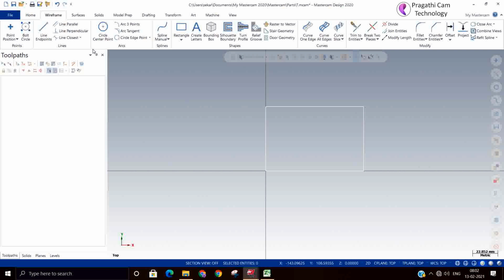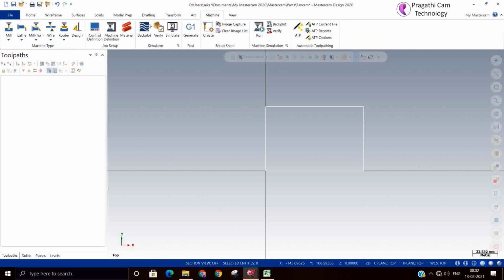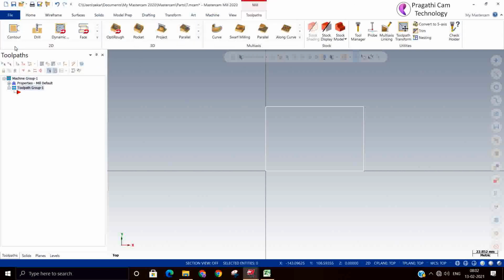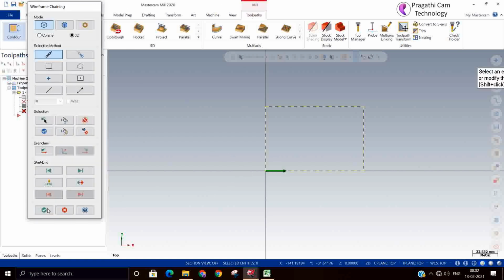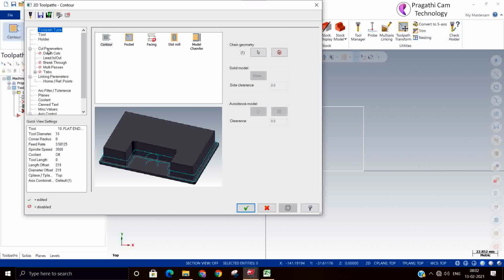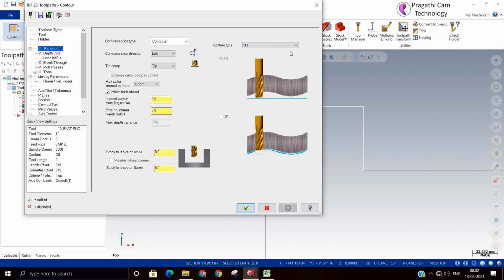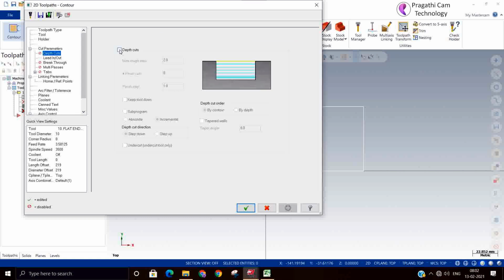We have taken one small contour toolpath to see what the parameters are. The contour type we will also see separately. This is common for both. In the next class we'll see the remaining lead in and lead out.